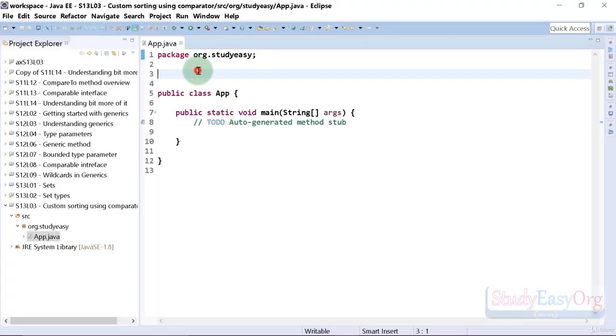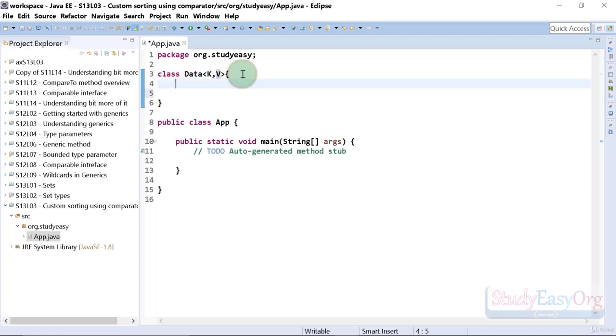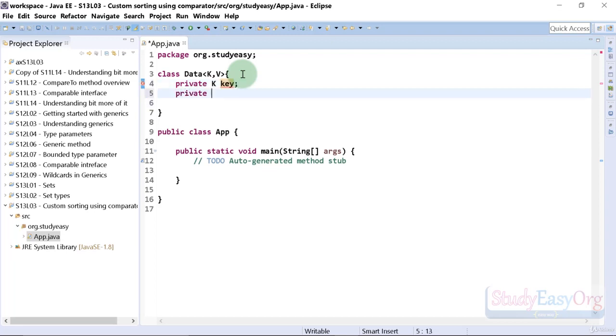Hey there, welcome back. So today we will check the comparator interface. Now we have already seen the comparable interface. When it comes to the comparable interface, there is only one type of data which we can compare, or to be very specific, we can only have one property, for example T type, and then we can compare. With comparator, we can have custom type of comparison, and we can also make use of multiple entities like key